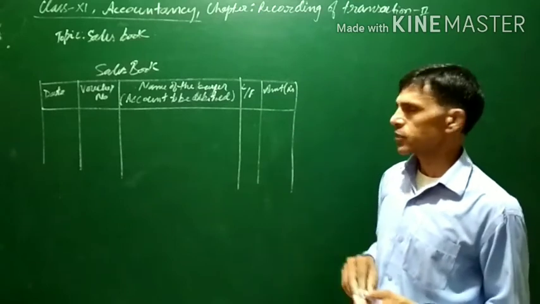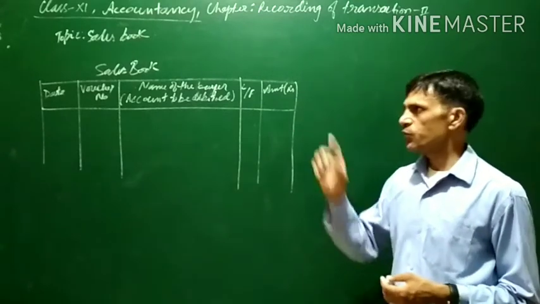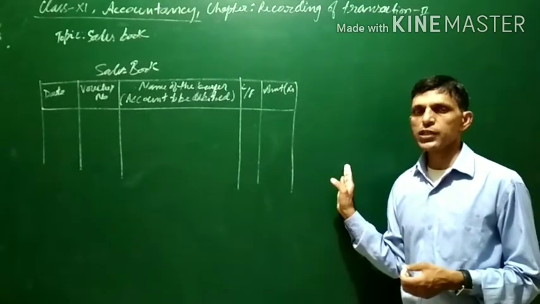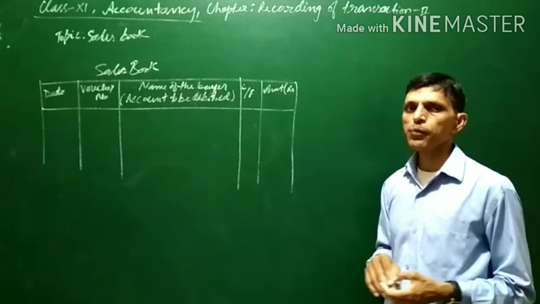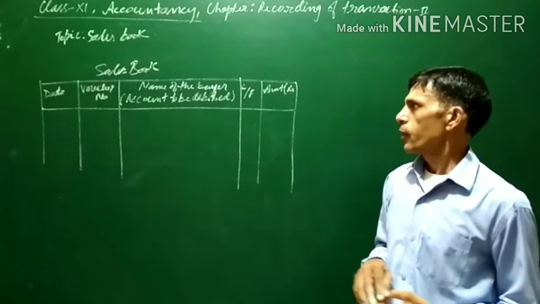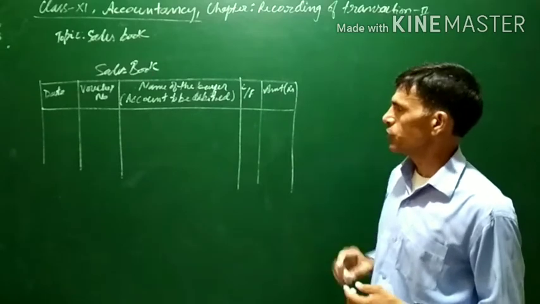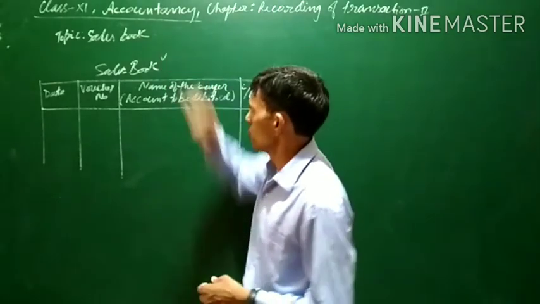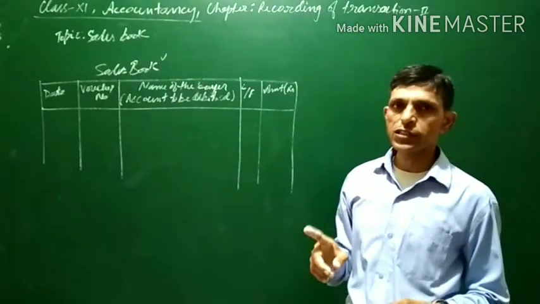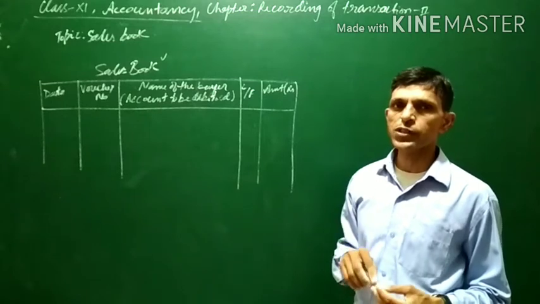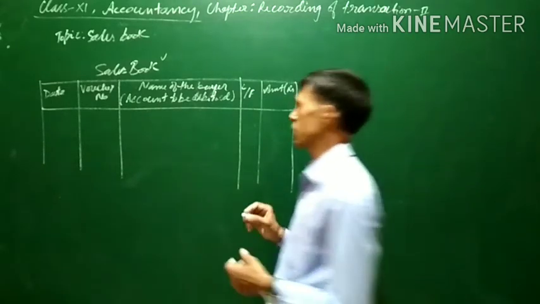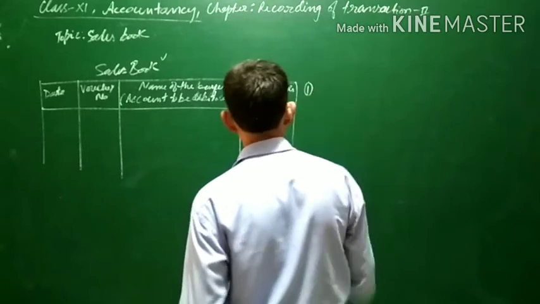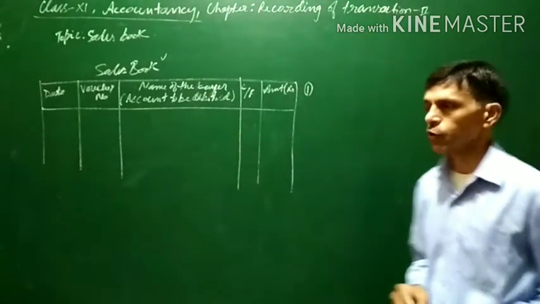And similarly, just like the purchase book, the balance of the sales book will also be transferred to the sales account after a certain period of time. Regularly it is transferred, and let us see how this is done. The important thing to note is that only credit sales, and that too sales of those goods in which the business is dealing, are recorded. Now let us solve this question. One question we will be writing, a very small question.